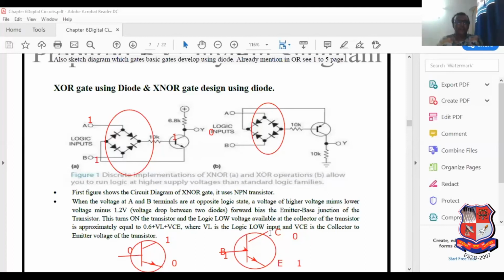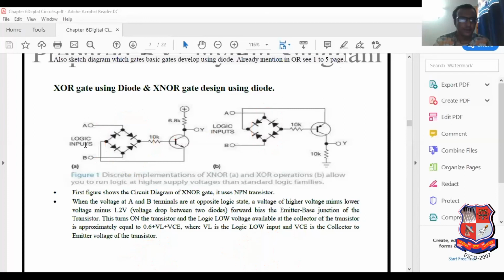These are the two basic figures, so try to understand this. If here 1 1, then the output is 0. Now if we switch over to 0, and here also we apply 1, here also we apply 0. Due to the presence of 0, the diode acts as reverse bias, so it acts as an open circuit. So here also 1. So 0 0, 1 and 1 0, then the output here is also 1. It is the clear case.